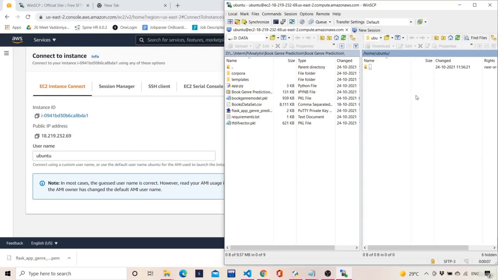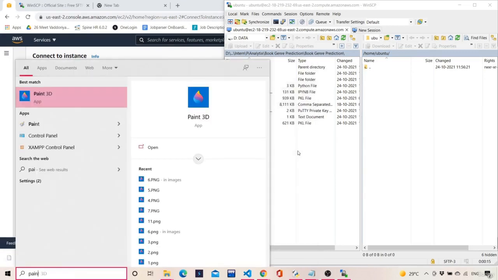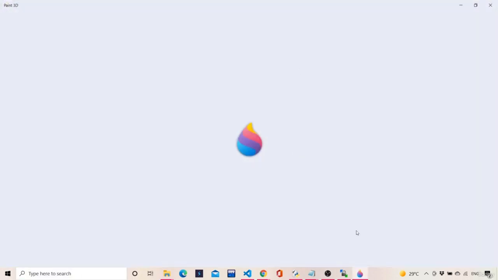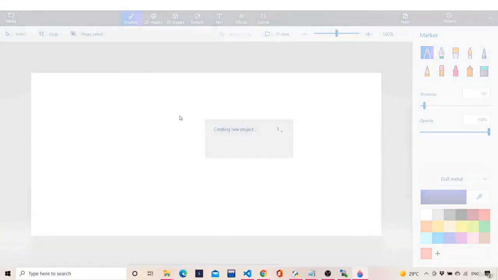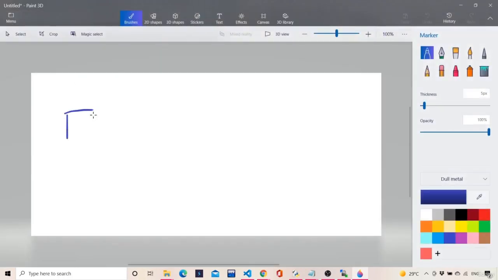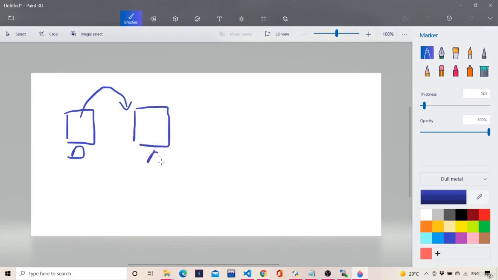Okay, so now this home Ubuntu is the server of Amazon Web Services, and this is my computer. So what happened just now is, as I said in the last video, my computer wants to transfer files to Amazon's server.